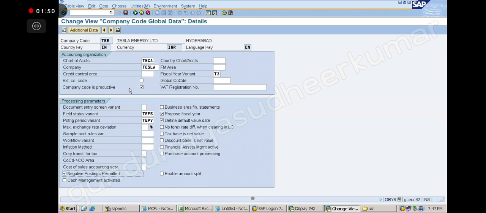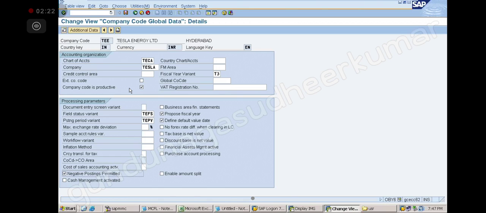So it will help us to protect our company code data. As long as this tick is there, the data cannot be removed. Sir, can you repeat this point again?